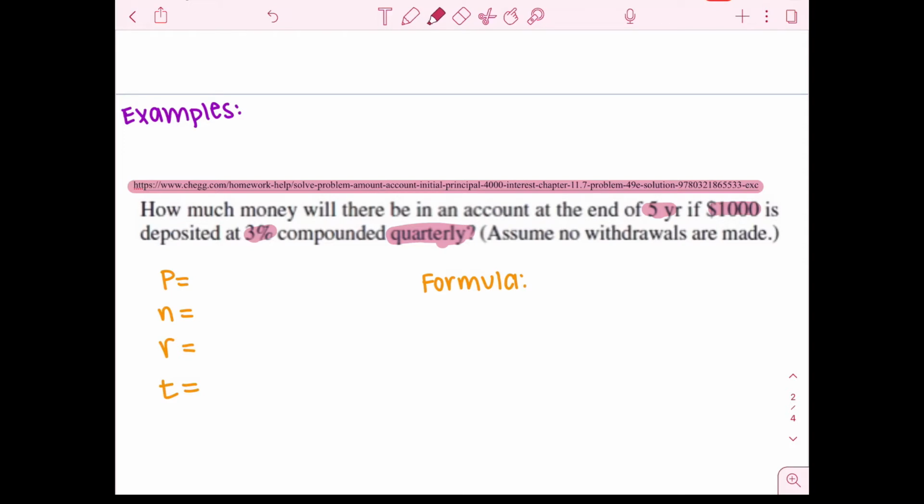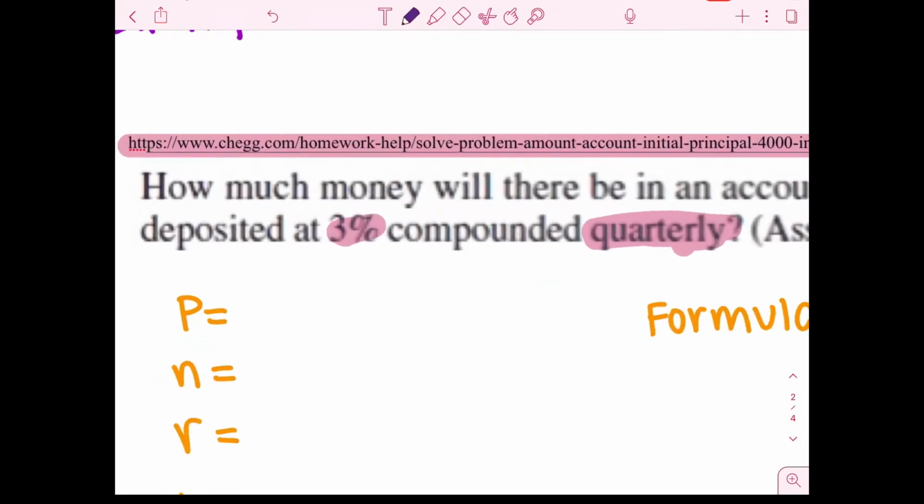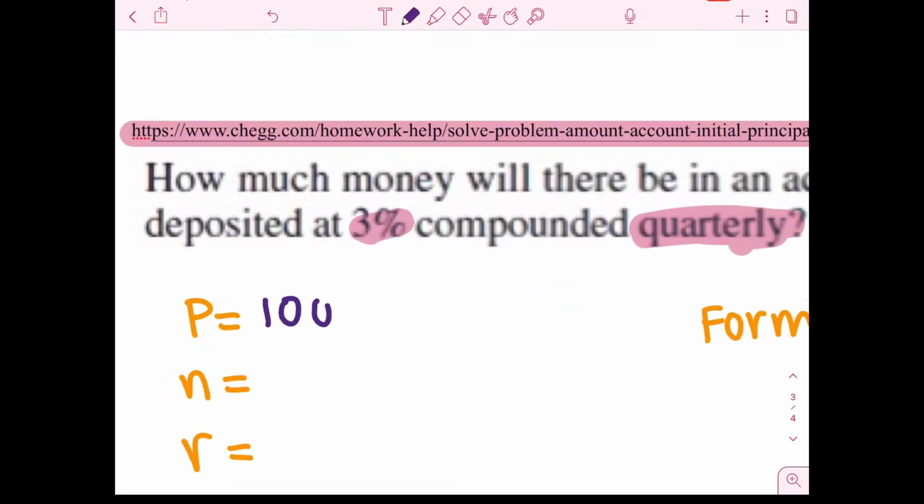So if you think you can solve this problem right now, go ahead and pause the video, solve it, and then you can check back later to see if you're correct. But if not, let's get right into it. So how much money will there be in an account at the end of 5 years if $1,000 is deposited at 3% compounded quarterly? P is the amount invested at first. We saw that we have $1,000